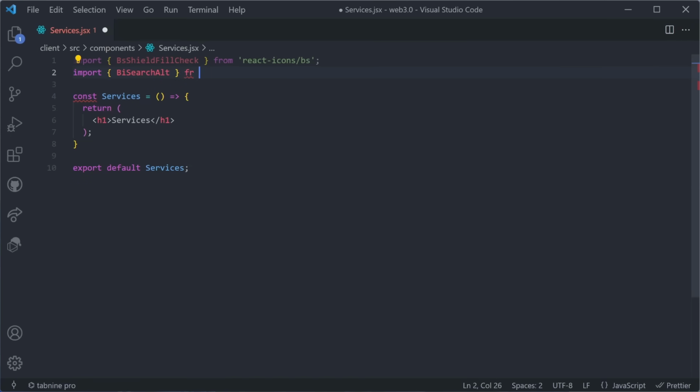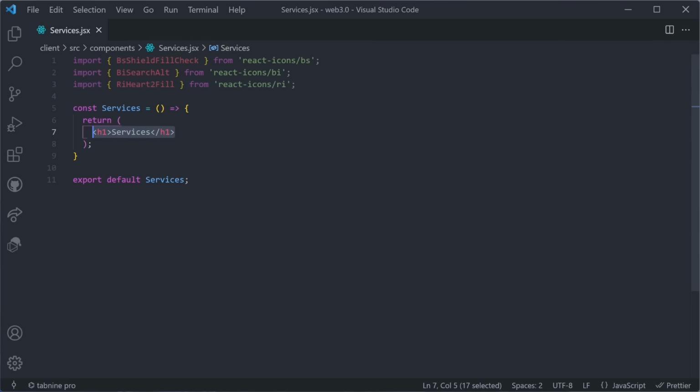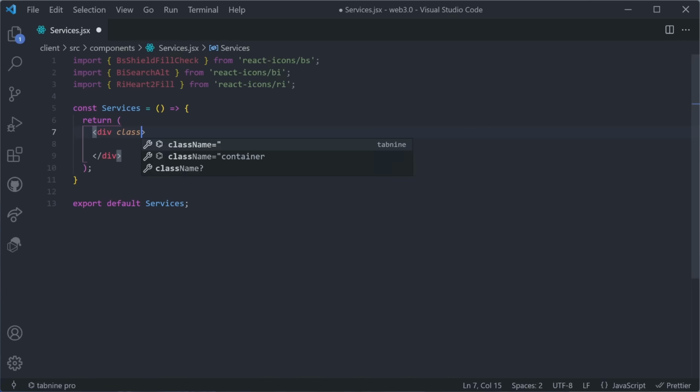And this is coming from react-icons/bi. And the last icon on our list is import RiHeart2Fill, and that's from react-icons/ri. Now for our services, let's simply create a div, and this div is going to have a class name